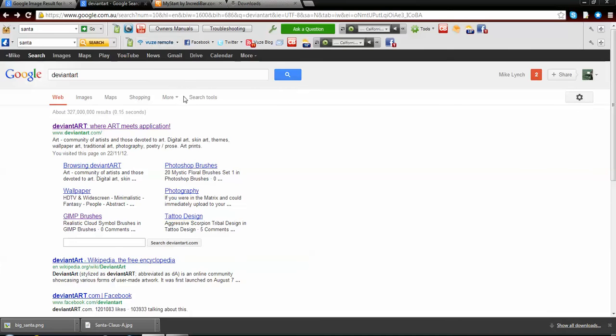Now the most difficult part, I think, is getting your brushes that you want to use and then saving them in the correct Gimp folder so they're available for you. So I've already typed in DeviantArt, where I decided to pinch my brushes from, and searched, and what came up was DeviantArt and a few subcategories: Photoshop brushes, wallpaper, photography, and down here I've got Gimp brushes. So click on Gimp brushes,